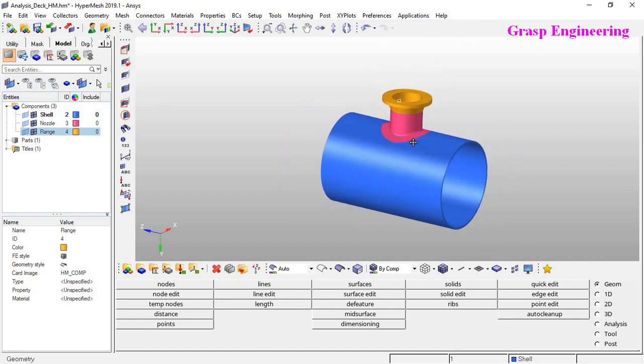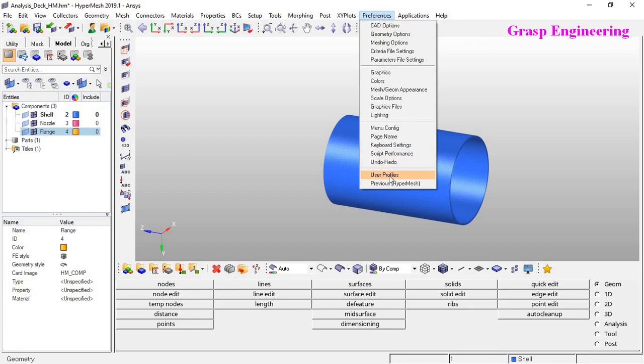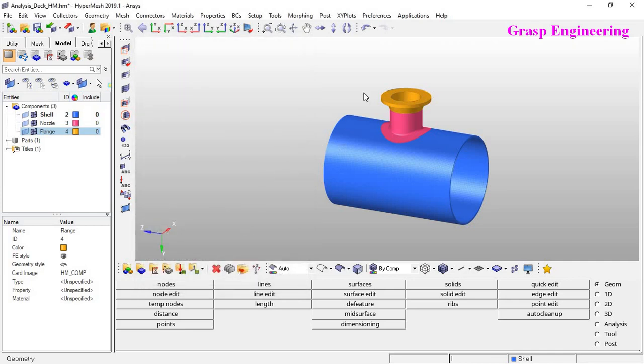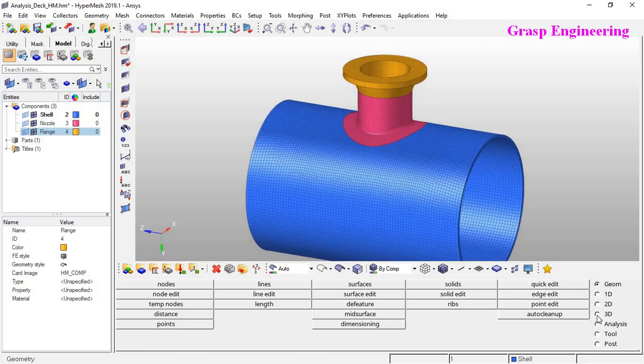Okay, now let's start with the first, that is how to define the element types. In short, when you create the HyperMesh file using any particular software, you need to first define the user profile. So you need to click here before starting any meshing activity. You first need to select the user profile. As you know, we created this respective mesh using the ANSYS profile, so by default it is going to create the same elements which will be available in HyperMesh. So let's see whether these are available or not.